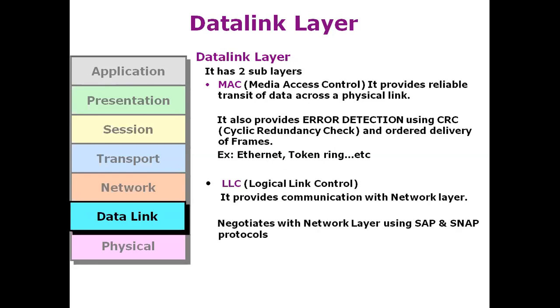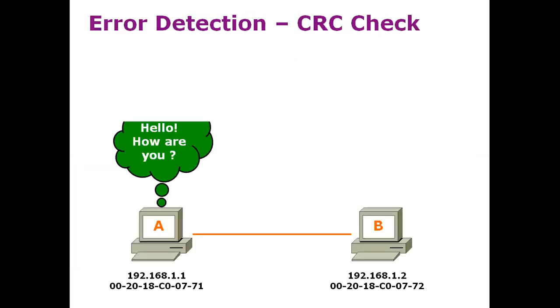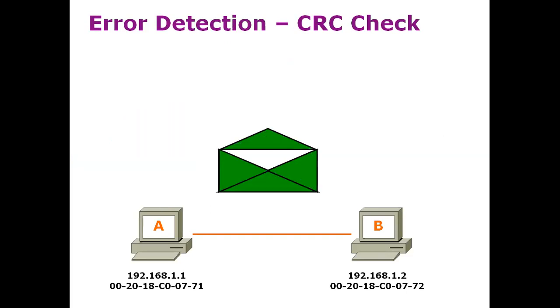So we have two computers here, and now I'm going to send some data to system B. So this is our data, and now I have added source and destination MAC address here. What I want to say is, when you are sending data to a destination device, source and destination MAC address should be added on the data link layer. But while sending, the cyclic redundancy check algorithm should be run on each frame. So now I'm going to run the CRC algorithm on this frame.